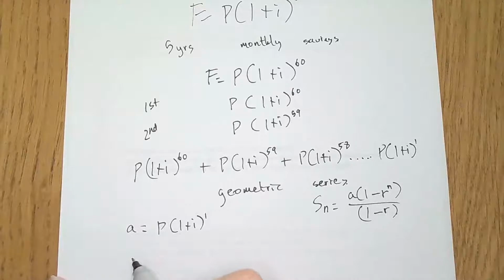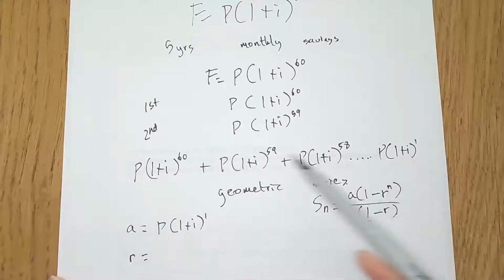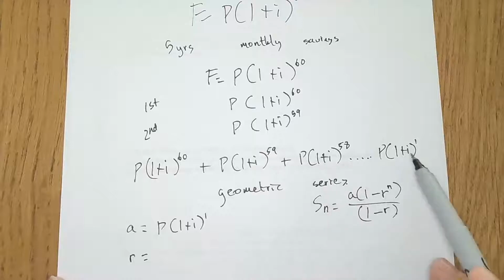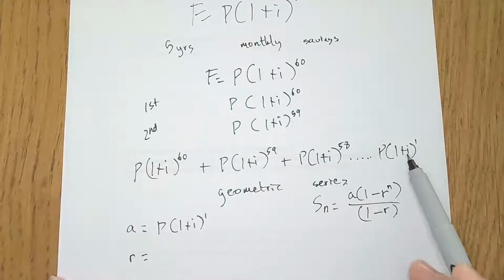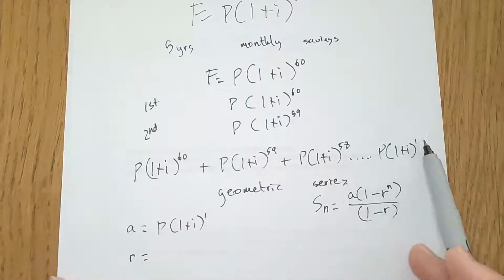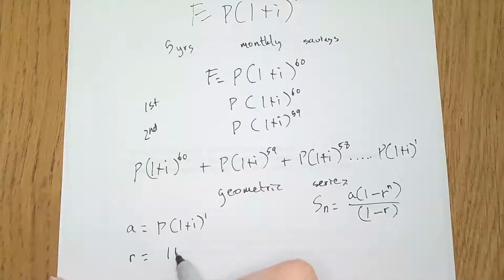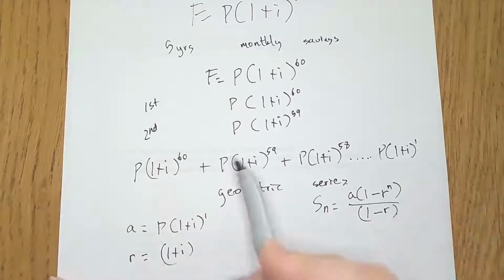Okay? Now, let's try and work out the r. Well, it's only changing. If I start there, probably best to start there because the pattern is going up that way. So if you start there, then the next one up is just multiplying it by itself to get the squared version. You multiply 3 of them together to get the third month. You multiply 60 of them together to get that one. So it's just going to be 1 plus i, isn't it? That is the r value, the thing that's changing. If you're not sure, divide one by the other.